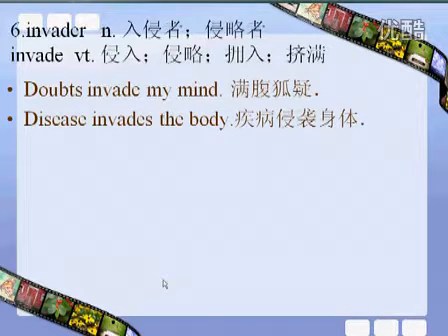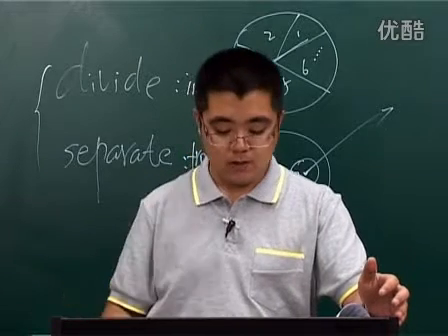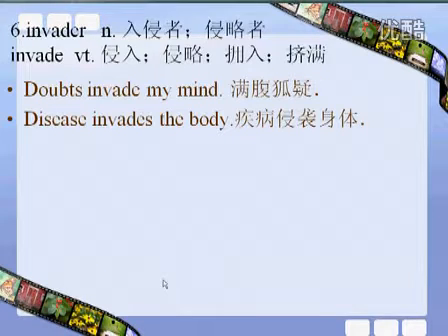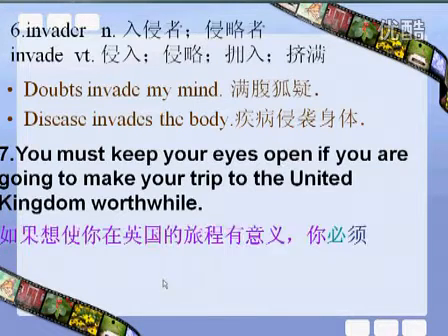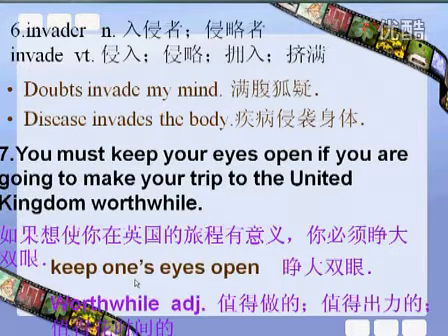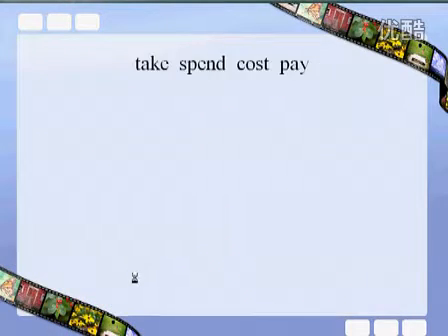Yes, invader, 入侵者、侵略者，invade 动词词形。Thoughts invade my mind. 怀疑侵入了我的头脑，那表示什么呢？满腹狐疑。Doubts invade my mind. And disease invades the body. 疾病入侵到身体当中。You must keep your eyes open if you are going to make your trip to the United Kingdom worthwhile. 如果你想让你在英国的旅程有意义，你必须睁大双眼。Keep one's eyes open, 睁大双眼。Worthwhile 值得的。